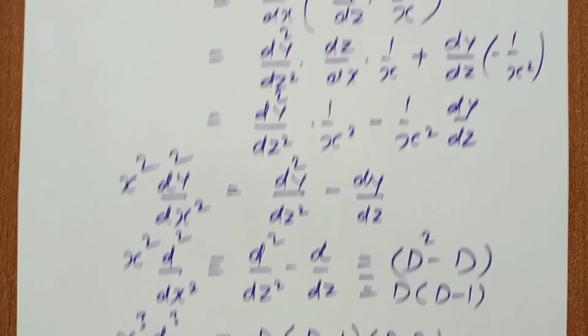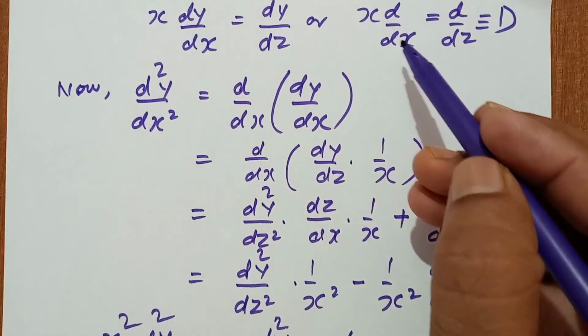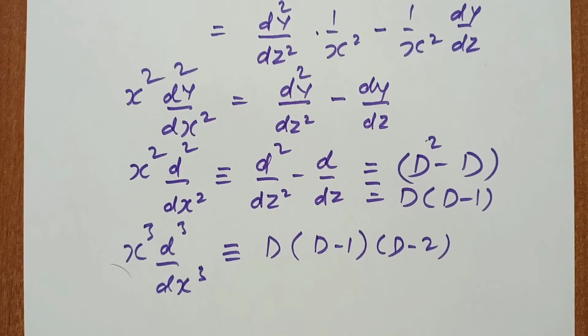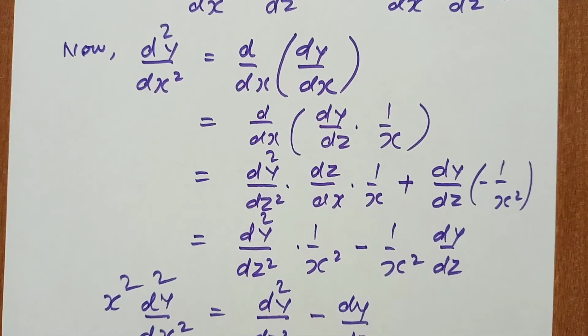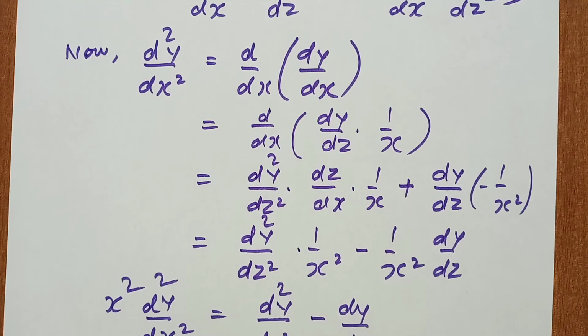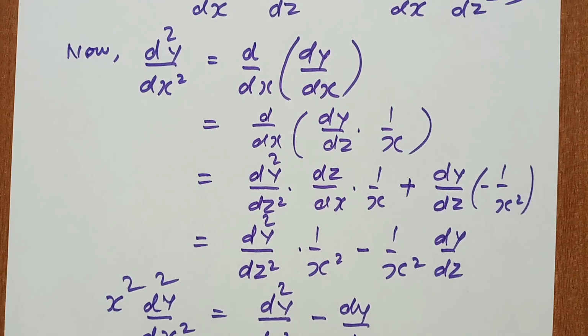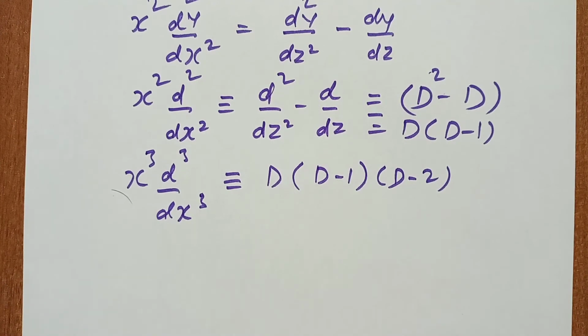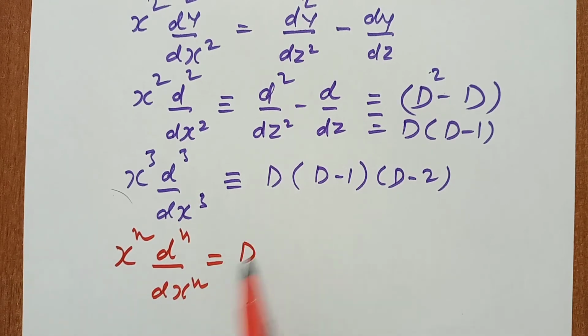For x to the power 1, x dy by dx means D. For x square d2y upon dx2, it is D(D minus 1). So x cube d3y by dx3 is D(D minus 1)(D minus 2). Similarly, we can write in general form, which is very important: x^n d^n y by dx^n equal to D